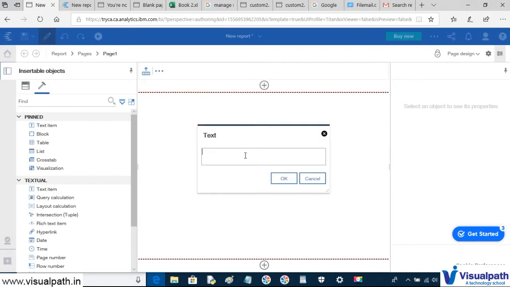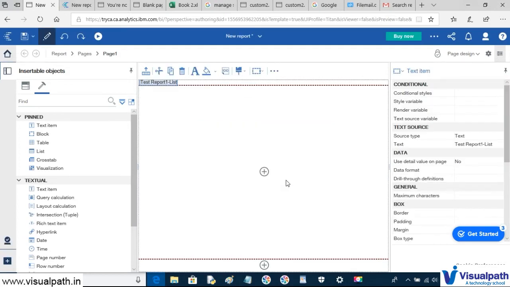Write the name as test report list. Okay, click OK. So in this way the header of this report is created.